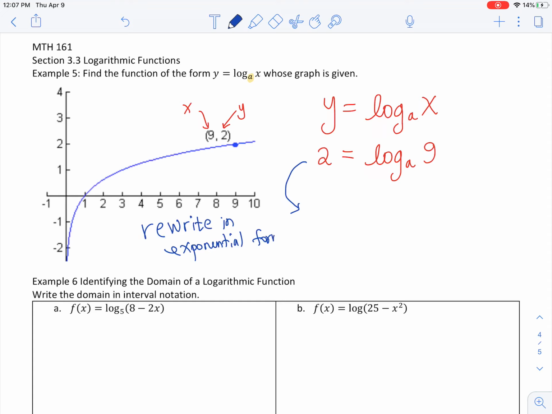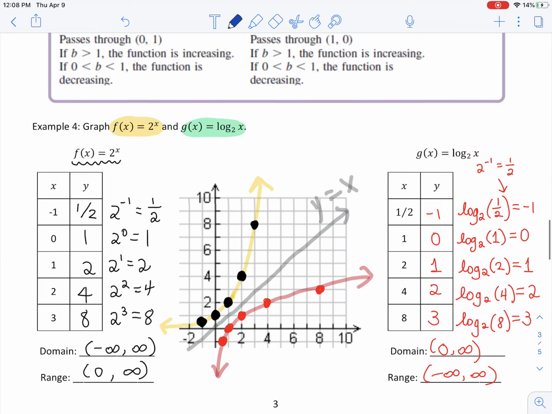Exponential form. Let's do that. What is the base? Base is a, right? A to the what power? Second power, right, equals 9, right? So what we just used, we used the definition of log to rewrite this as an exponential